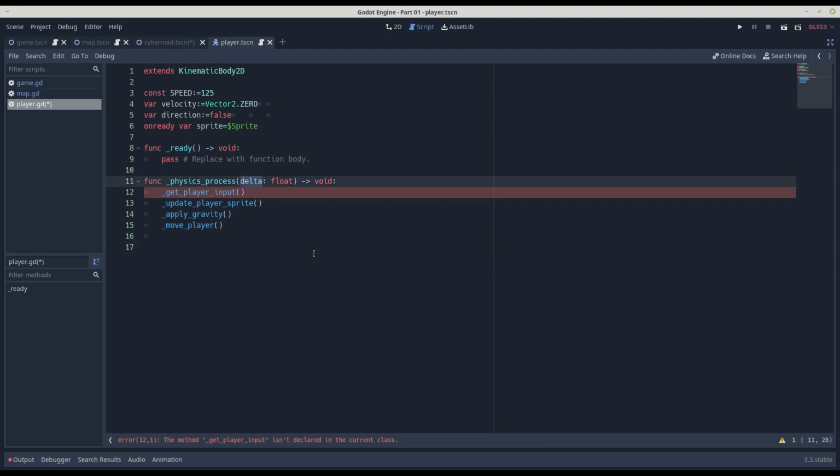And it passes in a delta, which is the amount of time it took between the last frame and this frame. Because we are using 1/60th, that delta will always be 0.166667, I think. Okay, so what we're going to do with our player is four things. We want to see if the player's pressed any key. We then want to reverse the sprite if we need to. We then want to apply a downward force, and we also want to then actually update the position of the